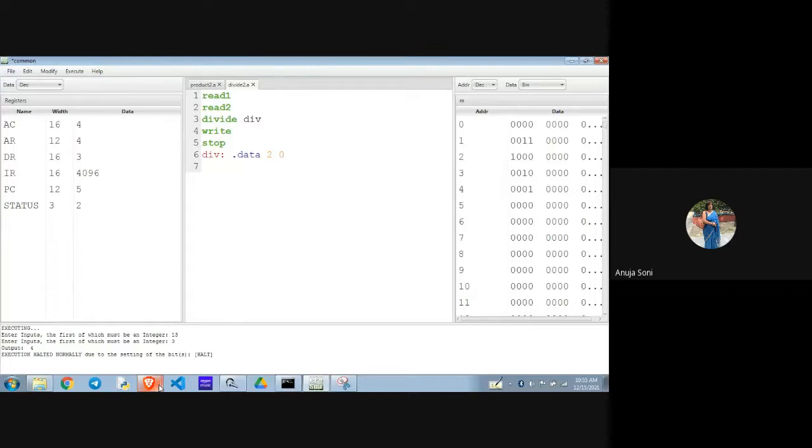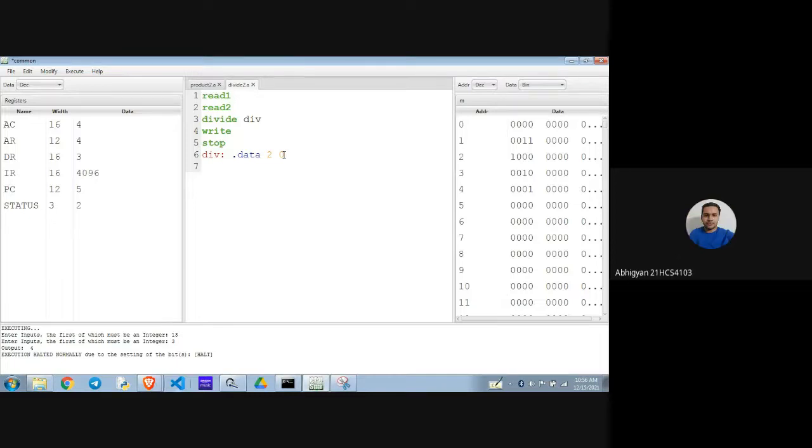But just to be on the safer side, the initialization statement in the memory will basically initialize all the values to 0. If some earlier garbage value is stored, then in order to avoid that garbage value, this initialization statement will be initializing the content. So in this context, it is better to make use of the initialization statement.